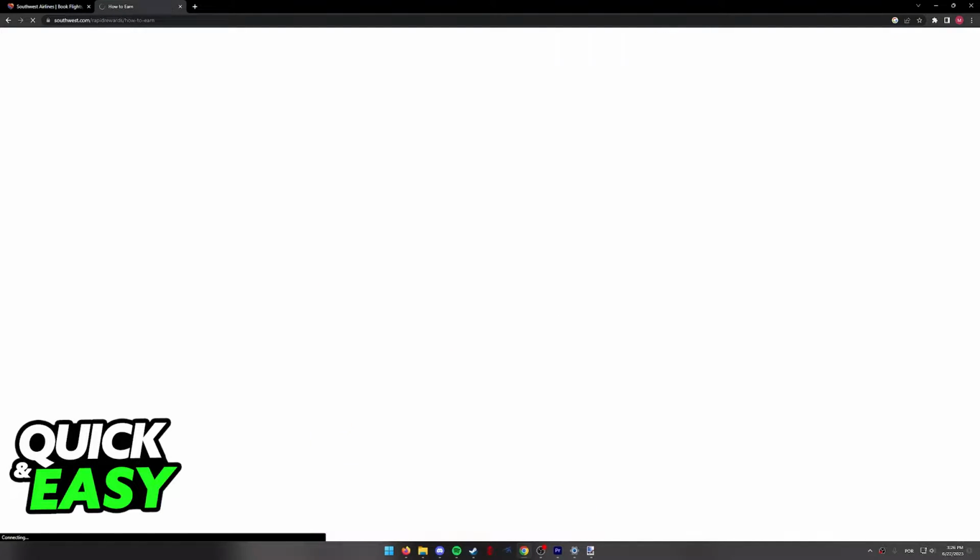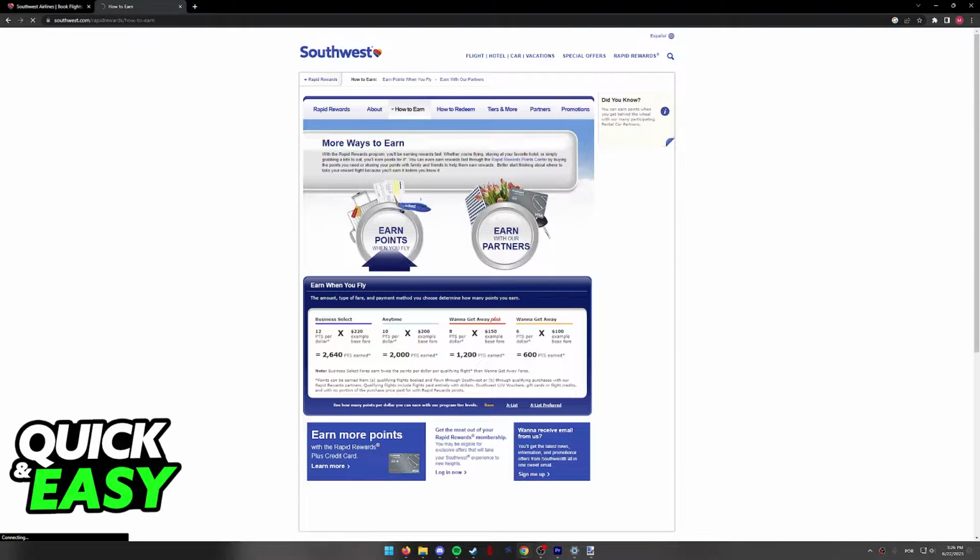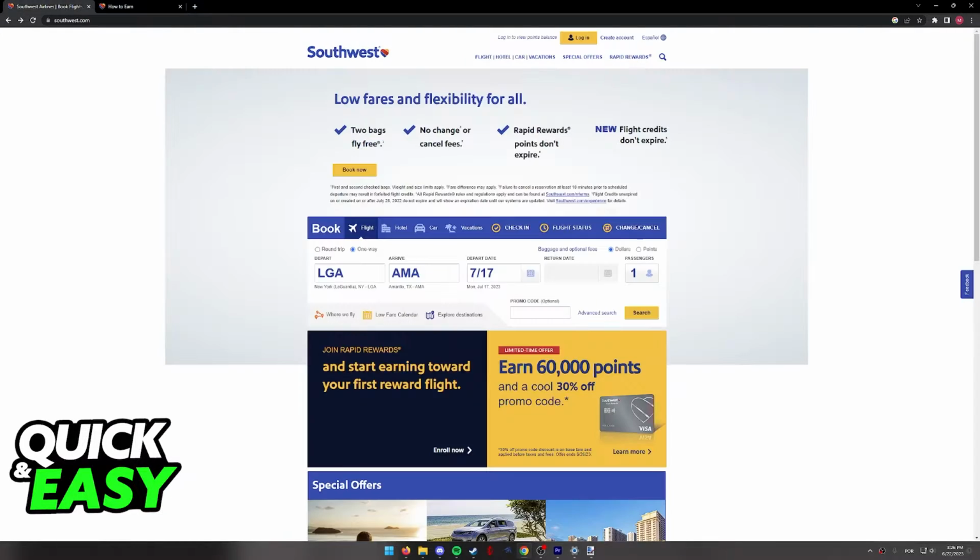If you are satisfied and you know you have enough points that you wish to spend, all you have to do to use them is go back to the home screen, and over here when you select the book a flight, for example, you will have these two options, dollars and points. All you have to do after you know that you have enough points is switch it from dollars to points